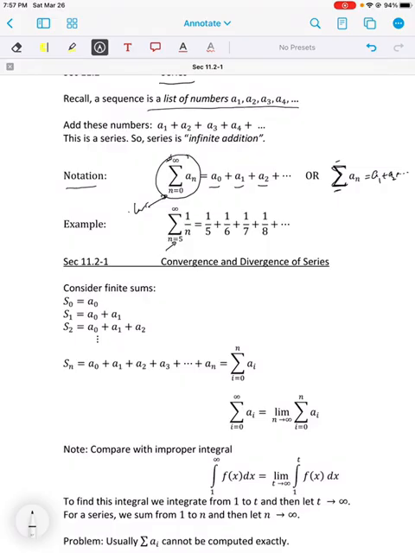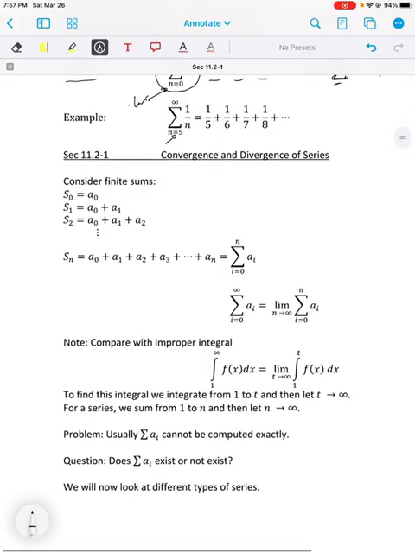There are a bunch of ways and a bunch of different conditions. The basic technique is to consider something we call finite sums. Remember, the series is an infinite sum, but now we are going to look at finite sums. What do we mean by finite sums? A sum of a finite number of terms. And we have some symbols for these sums. When we are talking about just the sum of the first term,